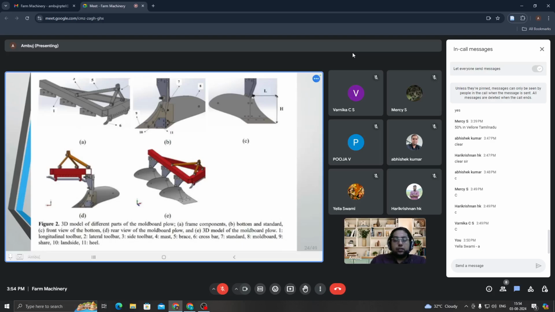See here, we have modeled the entire moldboard plow. We have modeled the frame components, bottom and standard, front view, rear view, side view, 3D model. Everything we have modeled to scale in our software. SolidWorks is there, CATIA is there, ANSYS is there, Abaqus is there. In all these softwares, we have modeled the implement first. The first step is this only. After the modeling,